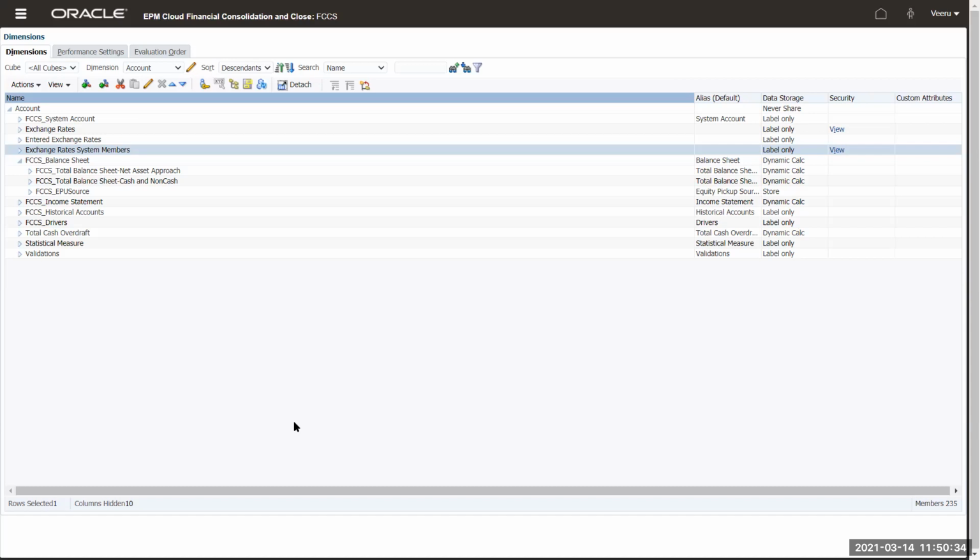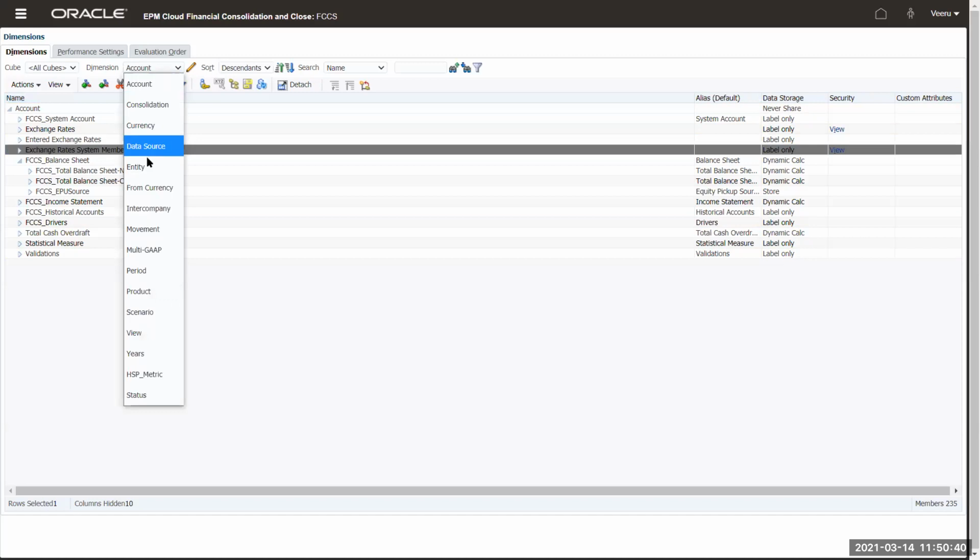By default, there will be 4 dimensions. Earlier I mentioned that there are 4 dimensions, which is scenario, entity, account, and data source. These are the 4 dimensions which are mandatory. I mean, you need to at least have 1 dimension out of those 4 to assign the security.